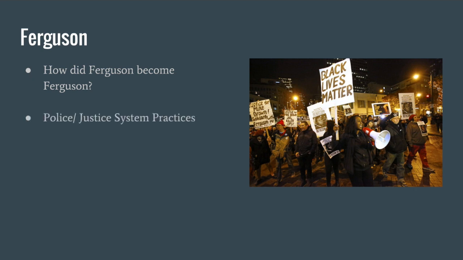If we look at the police and justice system practices in Ferguson, so this is coming more modern. In the wake of the Ferguson riots, the Federal Department of Justice did a major report on policing in Ferguson and just recently released their findings. They said that there was pretty rampant unlawful arrest happening where people would be arrested for really no reason. There was no probable cause. As a result of these arrests, people would often lose jobs. And these are a lot of people that are on the verge of poverty, so obviously job loss is something that's horrible.